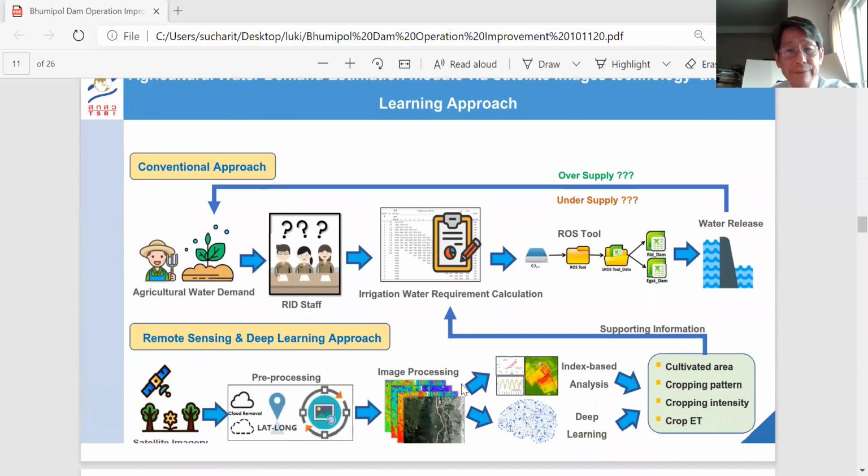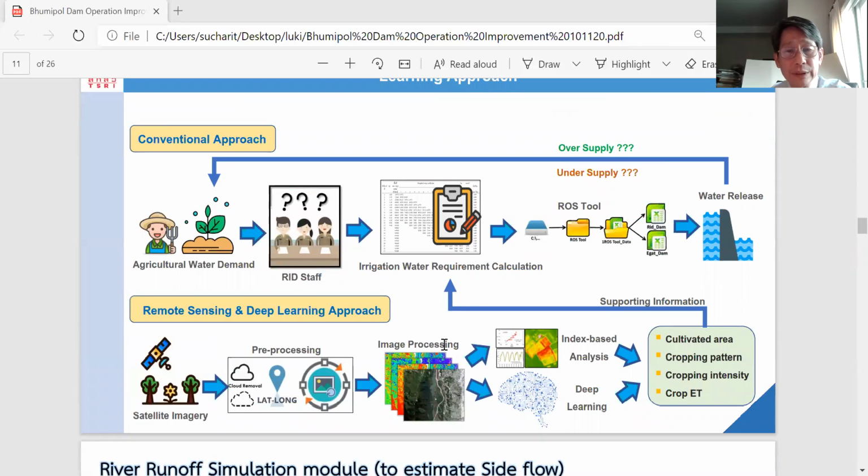Then the rainfall will come to the irrigation demand system. Up to now, what they are doing with the demand estimation is they have people in the field, and then they estimate the rainfall. And then after that, they have the effective rainfall. There are some modules that they can run for the estimation. And from this, they will decide whether it is oversupply or undersupply, and then they will reduce the supply compared with